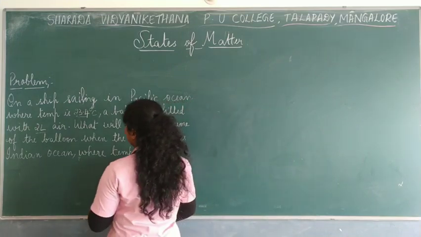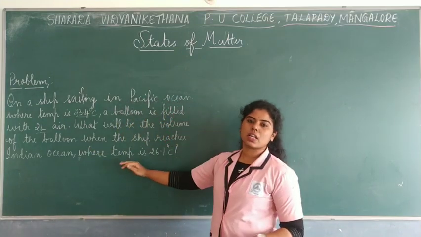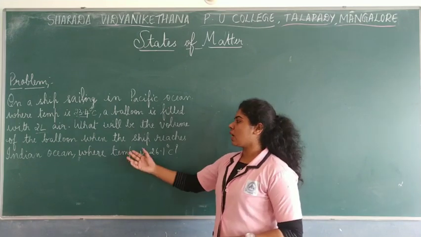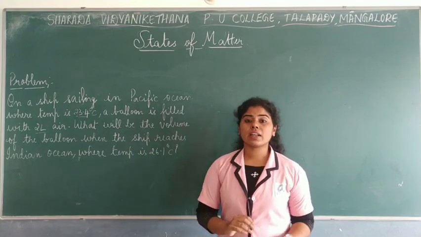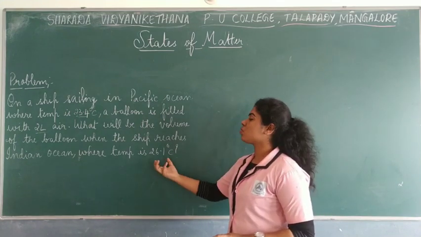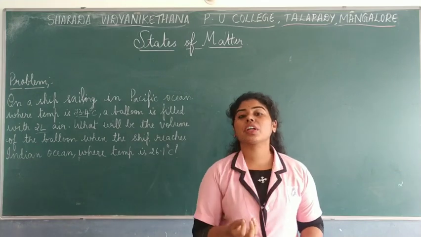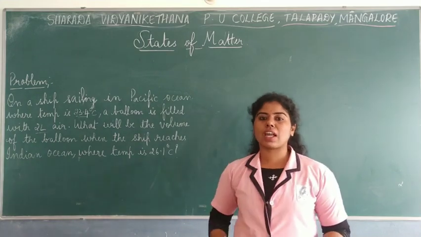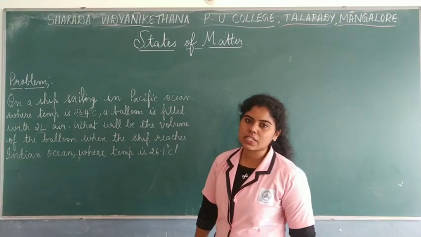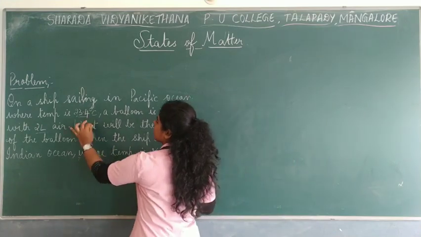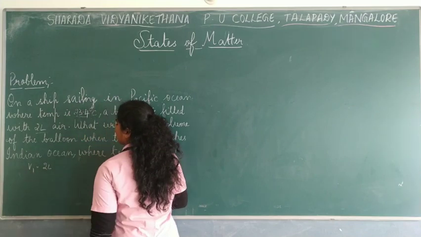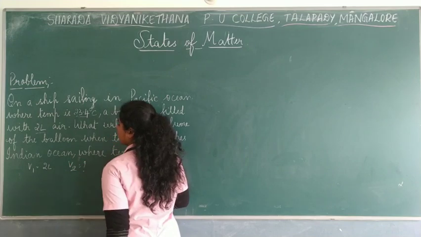As we know, we have an expression that is V1 by T1 is equal to V2 by T2, right? From the previous law we have that particular formula. But before that, you should also know that we cannot calculate the temperature in terms of degrees Celsius. We need to get into the Kelvin scale temperature, which is the absolute scale of measuring. So we convert all these temperatures from degrees Celsius into the Kelvin scale first and then move on, right? So first, what is given here? V1 is given, the value is 2 liters. V2 we don't know, right?